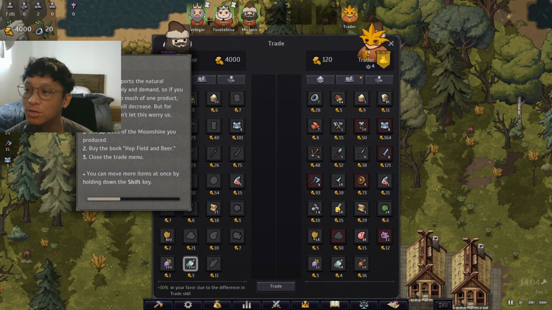Oh, here we go. The church supports the natural balance of supply and demand. So if you start selling too much of one product, the sale price will decrease. We can't get a king to just force a sale price. I think we could do that, but we shouldn't let this worry us. Maybe when we build an army, we can do that. Sell 30 units of the moonshine you produced. What's the hotkey for like...